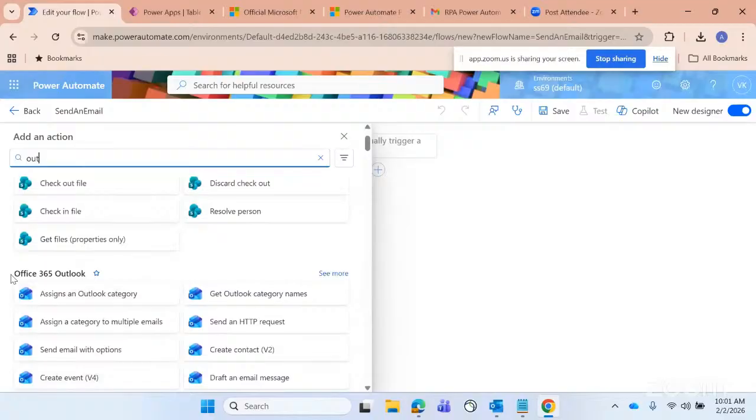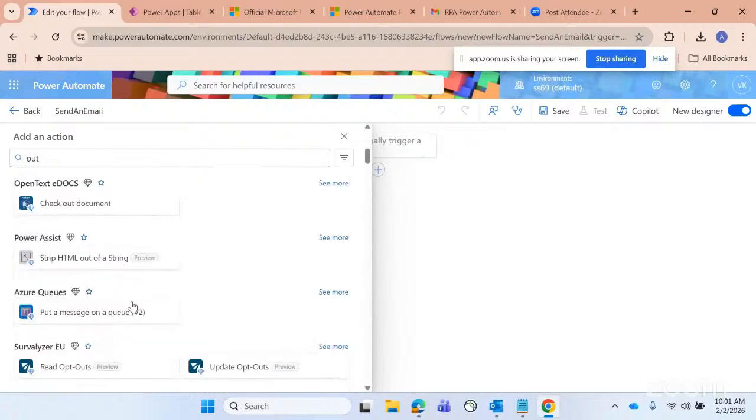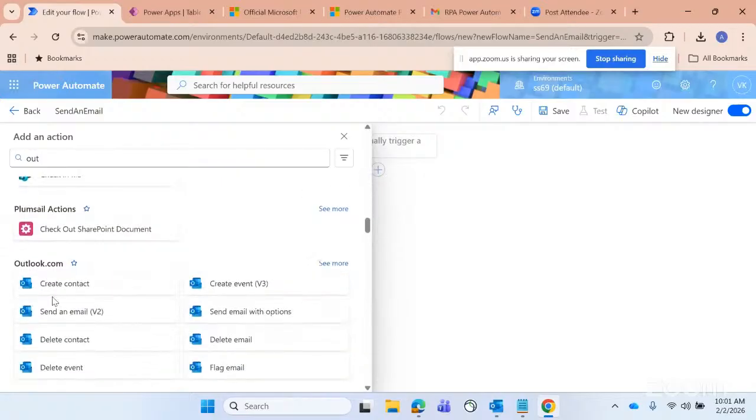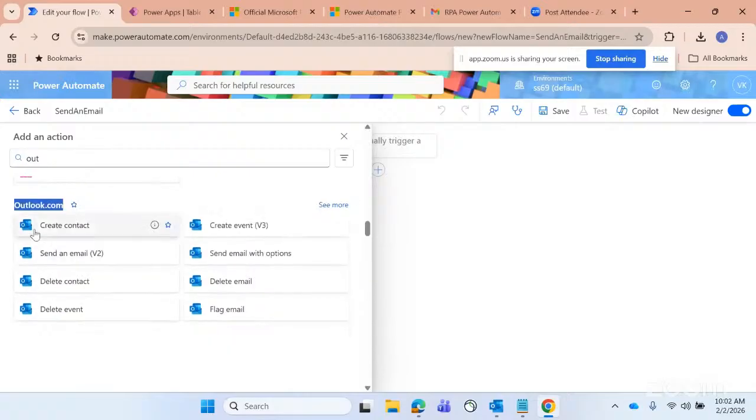Not Office 365 Outlook. If you select Office 365 Outlook, you should have a subscription. That is the reason. See this one, outlook.com. You can create an outlook.com account simply, without an Office 365 subscription. See here, what are the different actions available? You can create a contact, you can create an event, you can send an email, you can send an